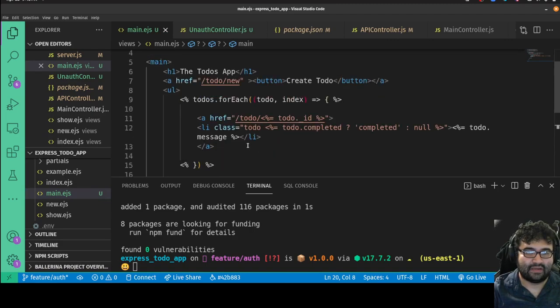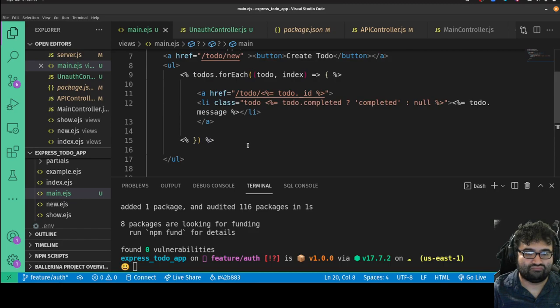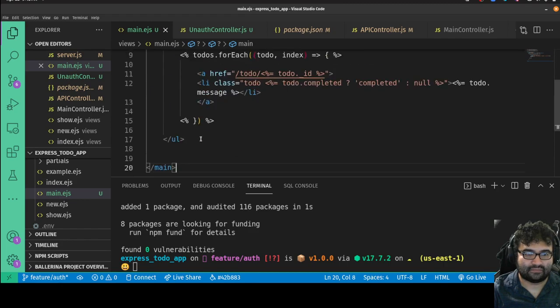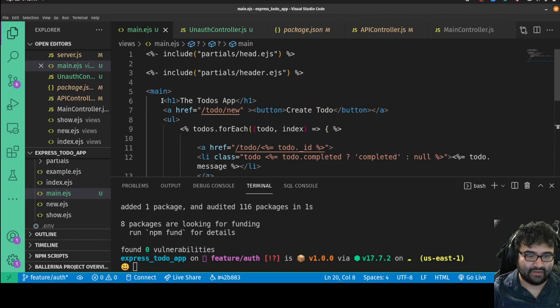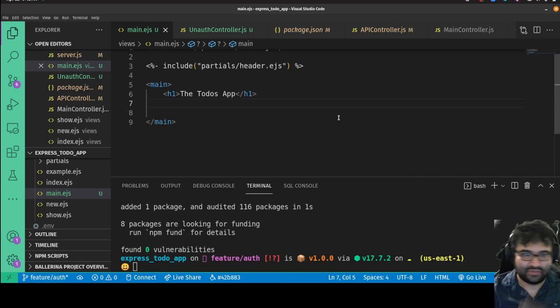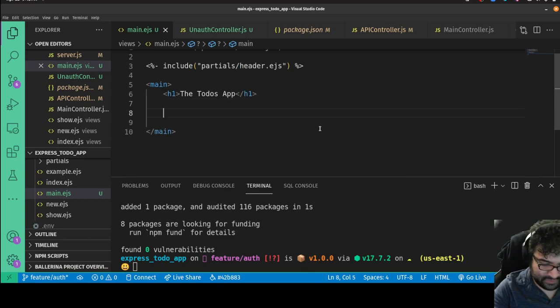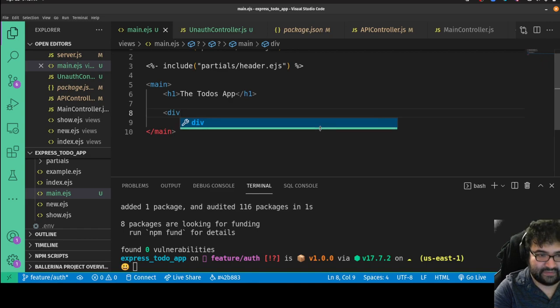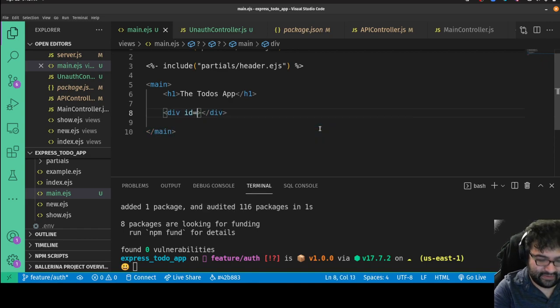Okay, so let me clear this out, the to-dos app. And again, we don't want you creating to-dos or seeing to-dos until you log in. So what we're going to do is have two divs. We'll have this one with the ID of login or sign up. Sign up should go first. And then in this sign up,